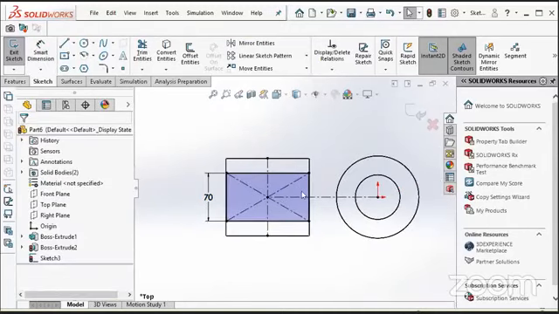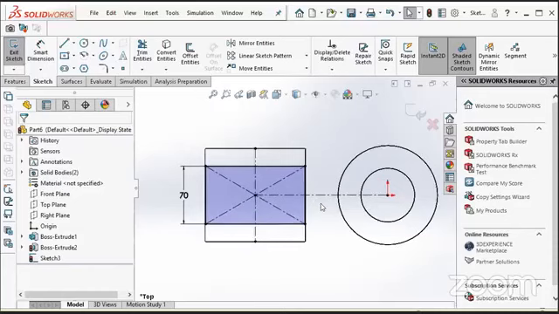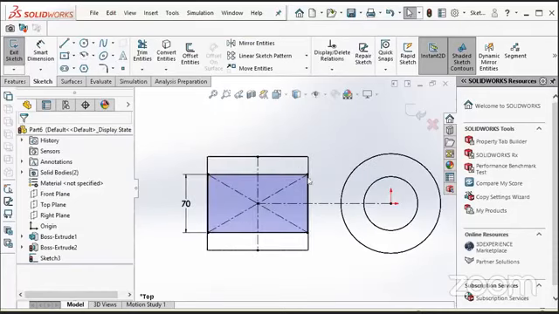One more tool I want to show you during this demonstration. It helps you to sketch symmetrically. What it does is you draw a sketch on one side and it will automatically mirror on the other side. I'll click on the dynamic mirror entities.